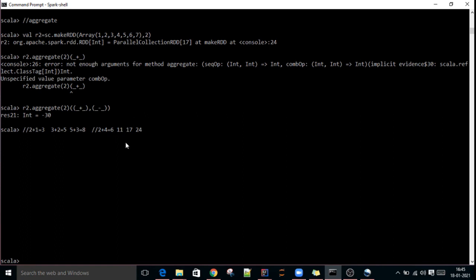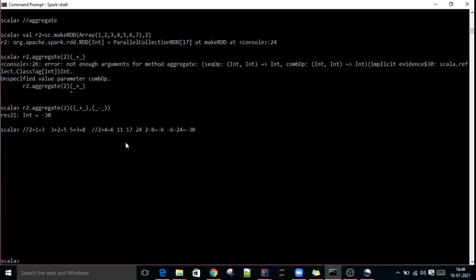So 2 minus 8 equal to minus 6, right? Minus 6. Then the second partition's output 24, so minus 6 minus 24 equal to minus 30.